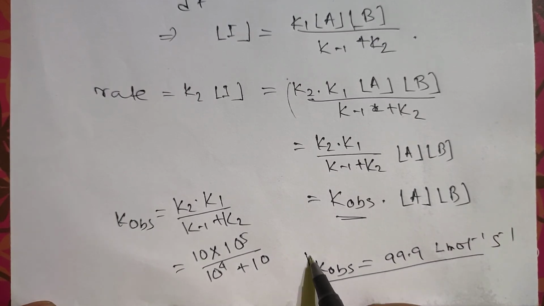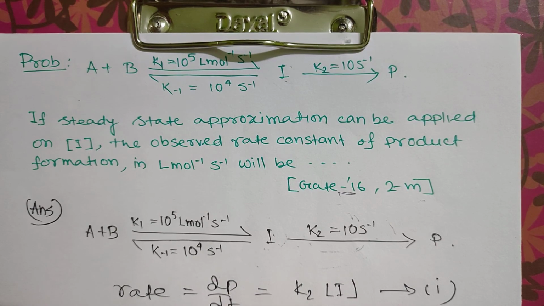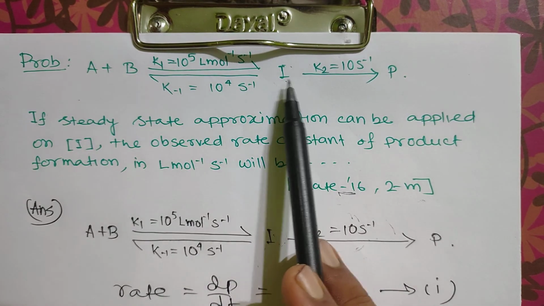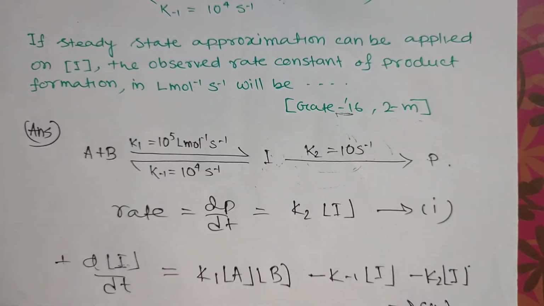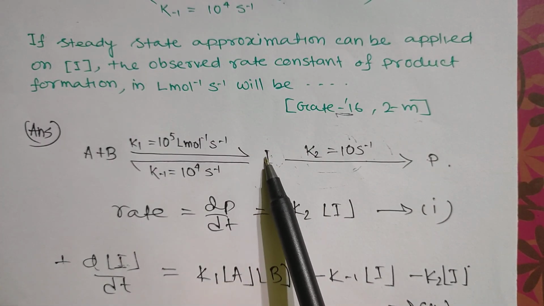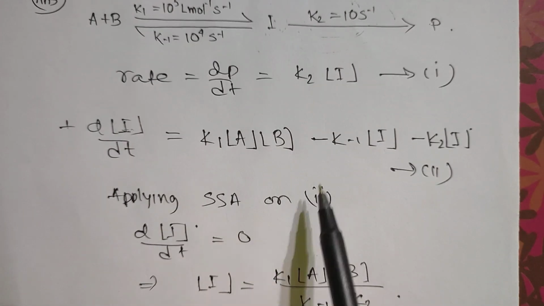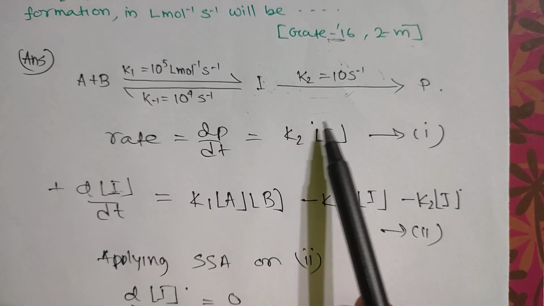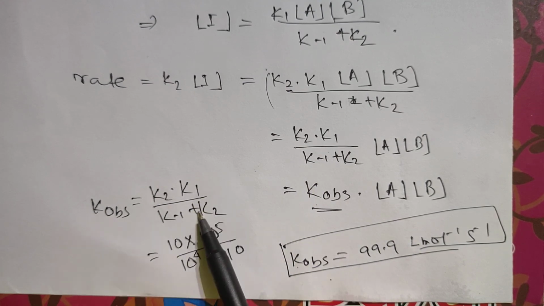In this way we can solve this problem. This problem is actually easier. Let me tell it one more time. First we write the rate expression, dP by dt, and there will be a term with I. Next, since this is the intermediate, we write di by dt equals 0. We get one term related to I, put this I in this expression, and we can easily get the answer. This is the k observed, equal to this one, and we just put in the values. In this way we can solve this problem.